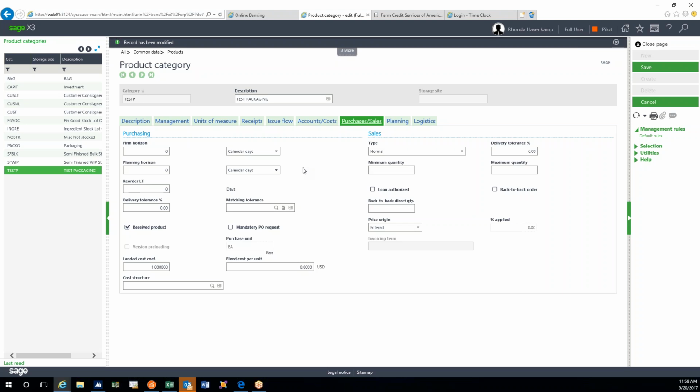If it were a purchase product, you really wouldn't want a firm horizon. So that's what that does. It's exclusively used for MRP suggestions only. Same thing with planning horizon below it. That is a period of time usually defined further out, let's say 2 months or 8 weeks or in calendar days, to where the MRP system will look at true demand versus